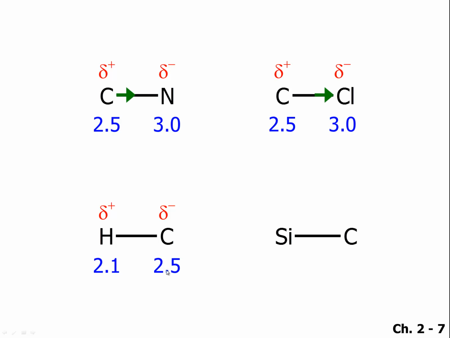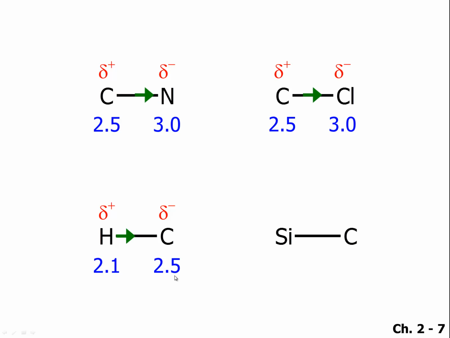If we look at the difference between our electronegativities, we have a difference of 0.4, and of course 0.4 is usually considered a nonpolar covalent bond, so the equal sharing of electrons. Because we have any difference at all, there is a slight tendency to bring the electrons towards the carbon, but for all intents and purposes, our hydrocarbons, our carbon-carbon bonds, our CH bonds, we typically think of these as nonpolar